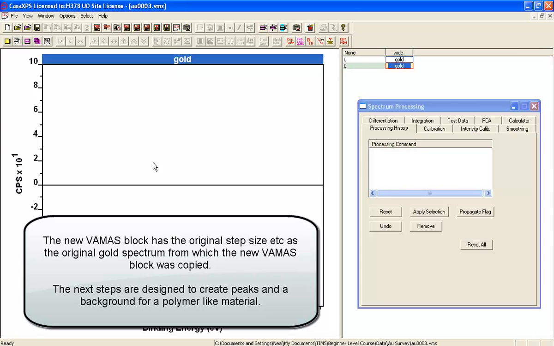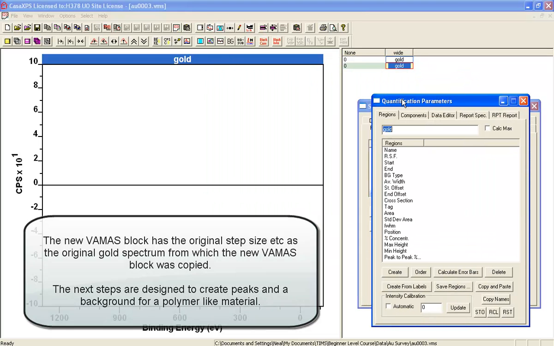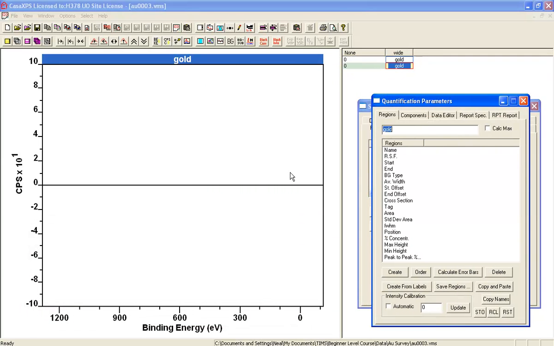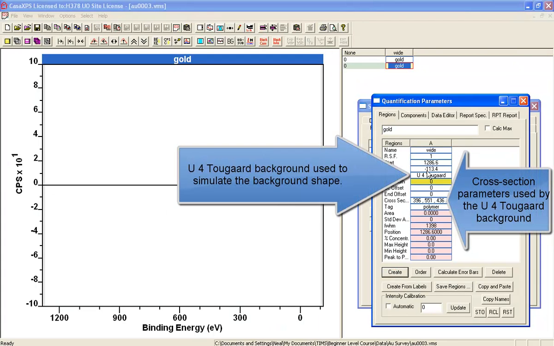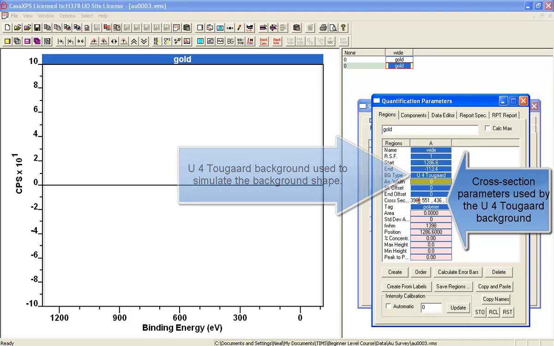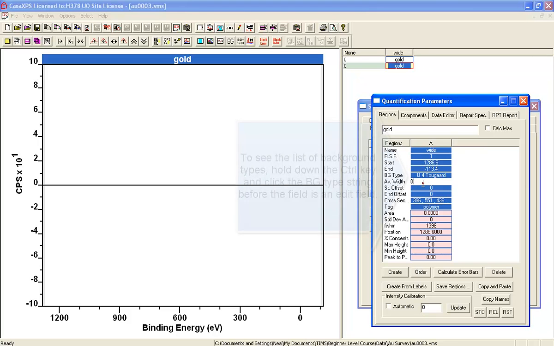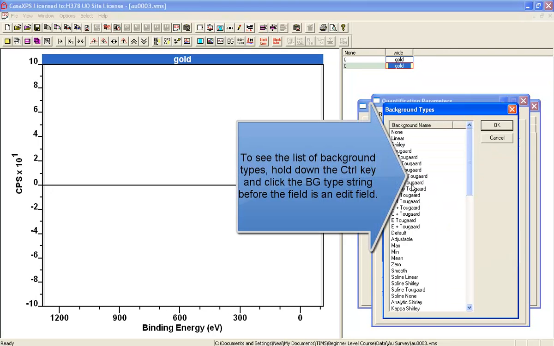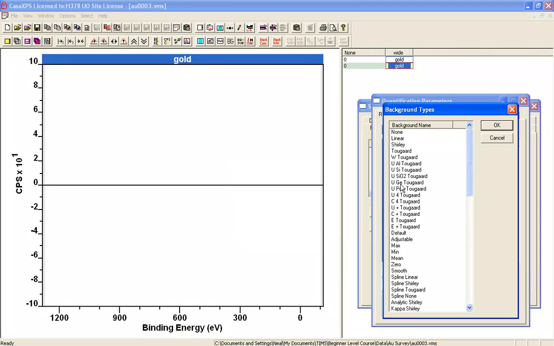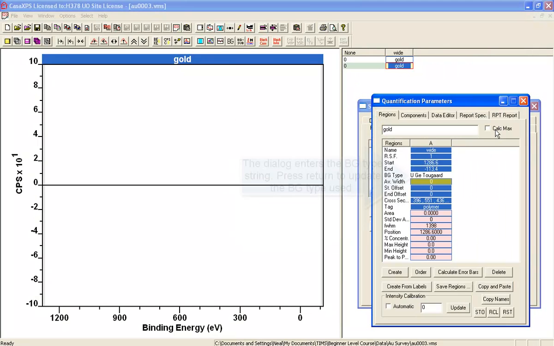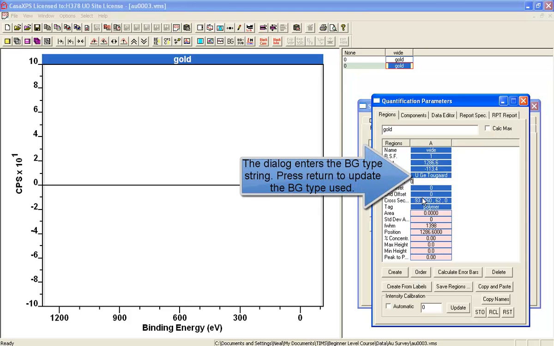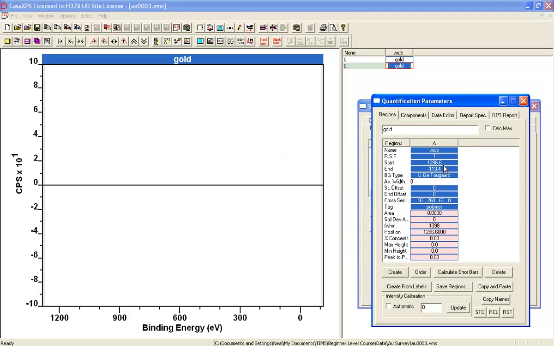And what I'm going to do now is build a synthetic spectrum based on a background which is a U4 Tougaard background, and it uses these parameters here. If I wanted to have different backgrounds, there are different predefined background types, so if I was interested in germanium I could have picked this one, and when I press update you'll see the cross-section fields update for a cross-section that will be appropriate for germanium,